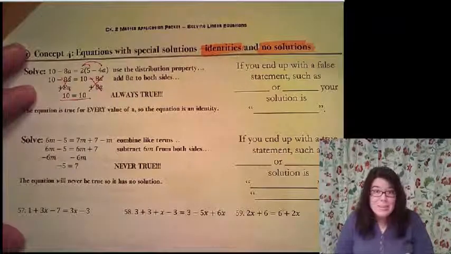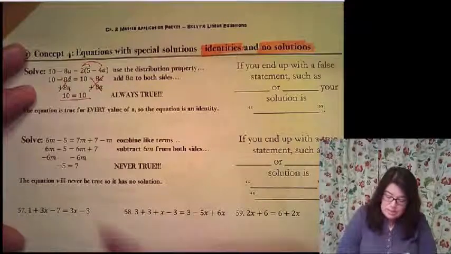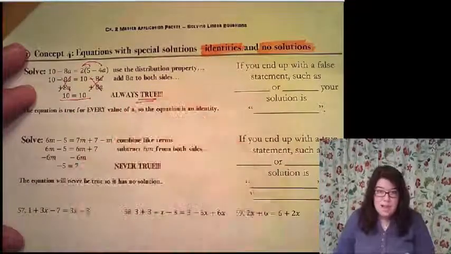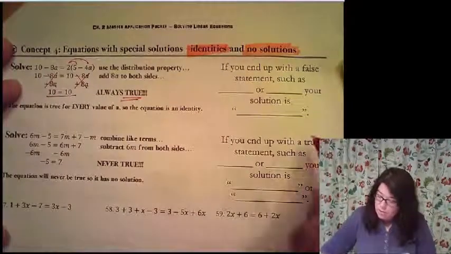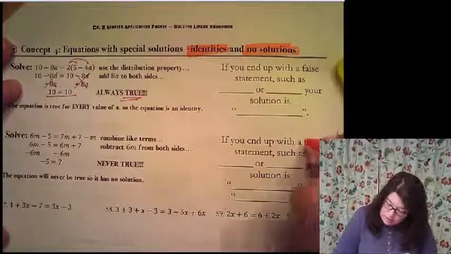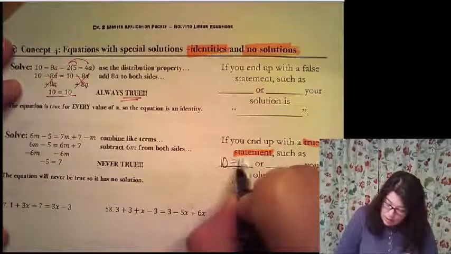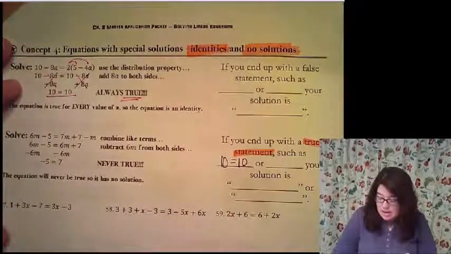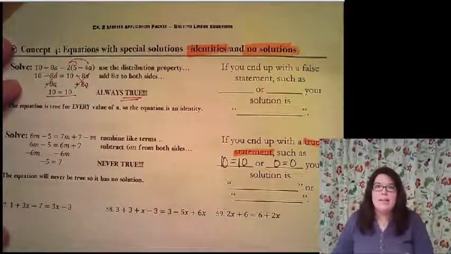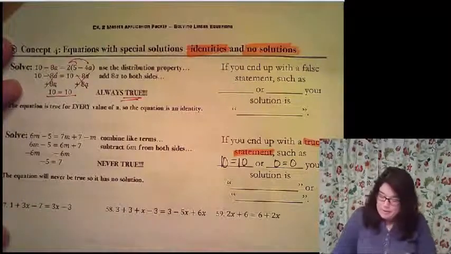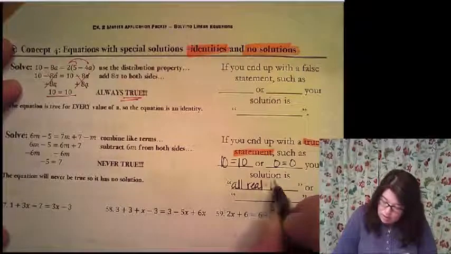Well, does 10 equal 10? Yes, of course it does. So because 10 equals 10, that's called a true statement. And if you look over here, our second section says, if you end up with a true statement, such as 10 equals 10, like we did in our example, or it might be 0 equals 0, something that you know, well, duh, yeah, that's always going to be that way, then it is what we call all real numbers,